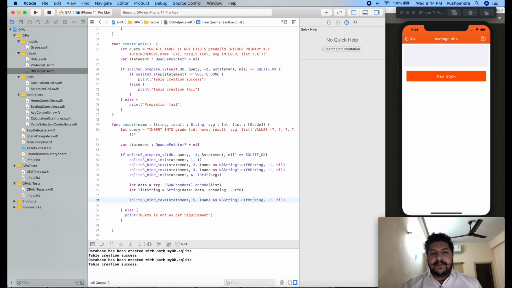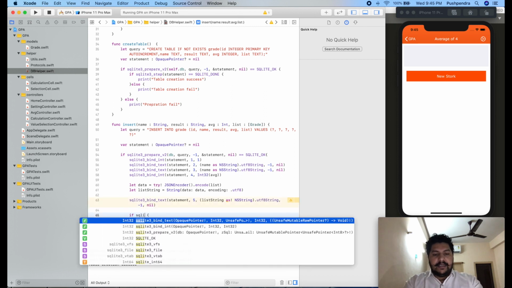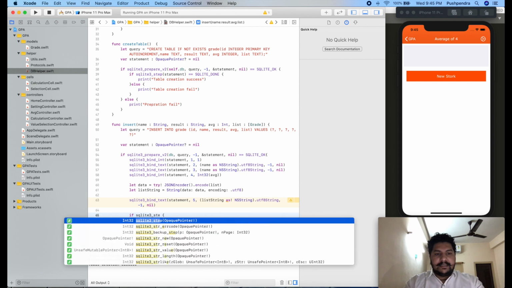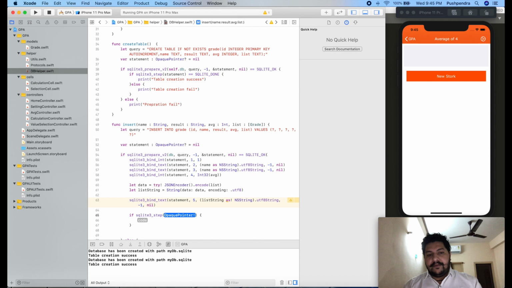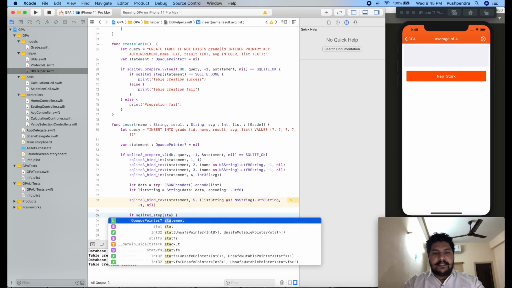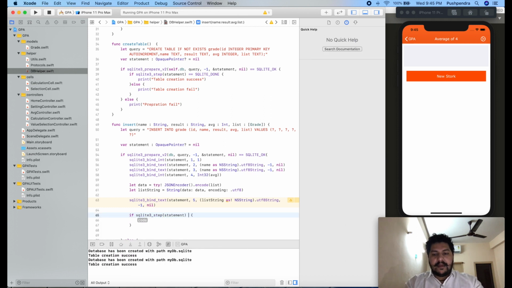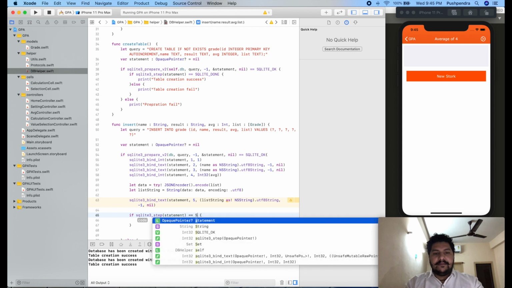That's great. Now you have to type one last statement, which is if sqlite3_step. Here we have to pass the same statement, and the result is equal to SQLITE_DONE.